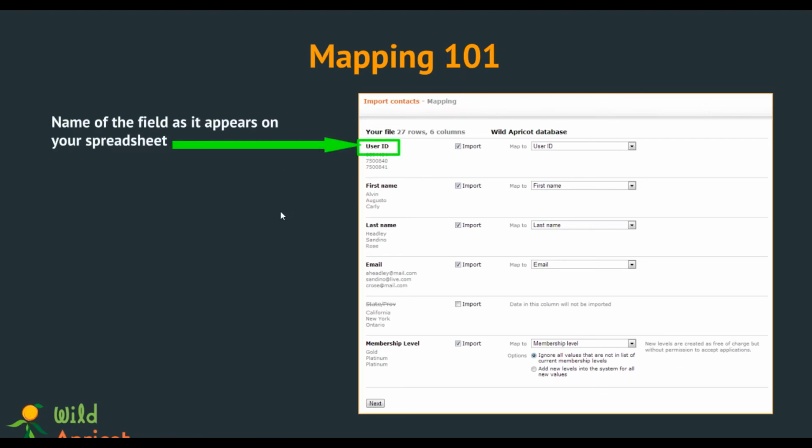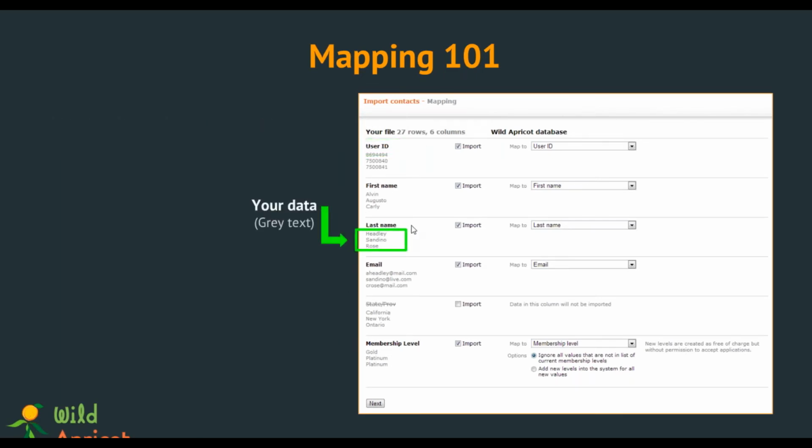And you'll see a lot of information here, so hopefully I can clear some up. In this particular example, user ID is the name of the field as it appears on your spreadsheet. So whatever information you have in different columns on your Excel file, this is what will appear on the left part of the mapping phase. The three examples underneath that on the left part are examples of data that you actually have on your spreadsheet.